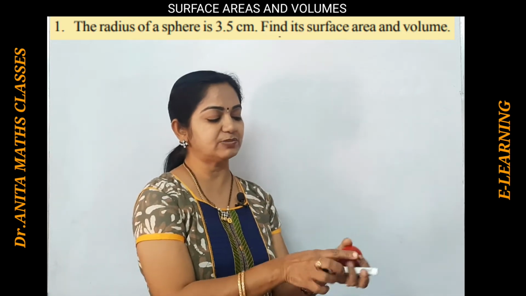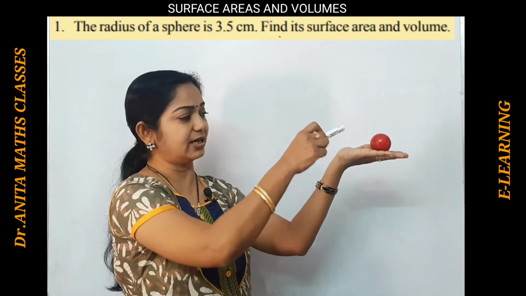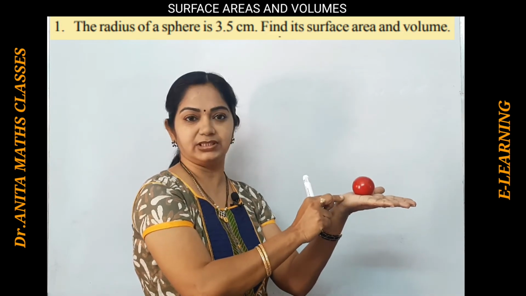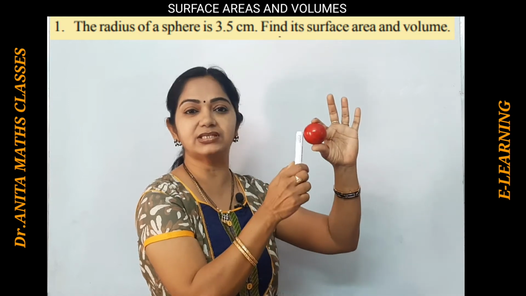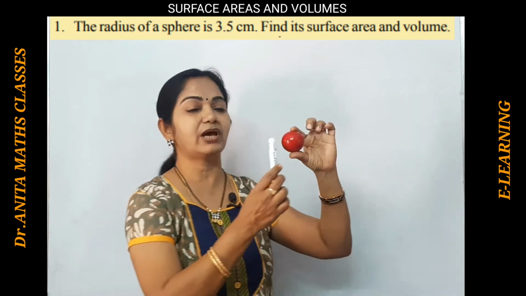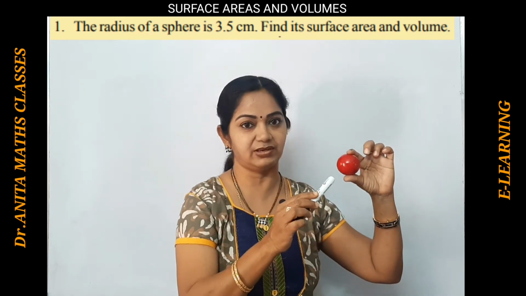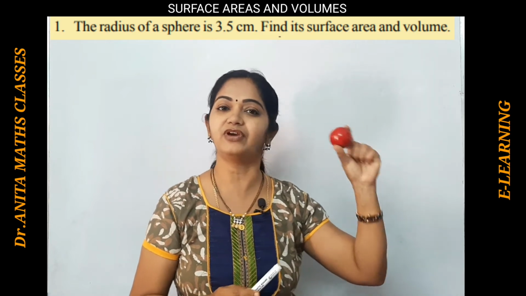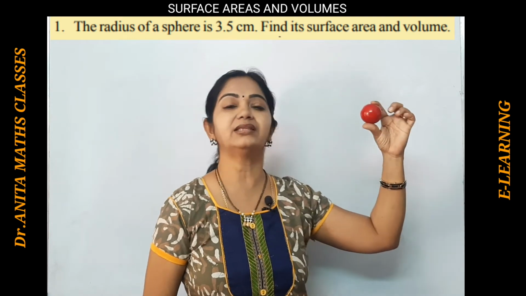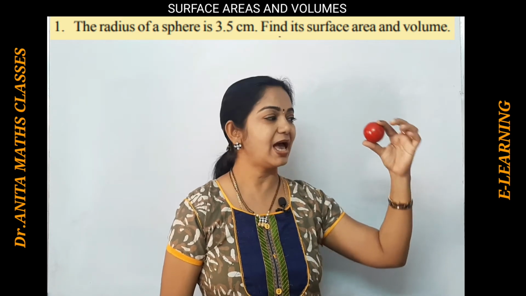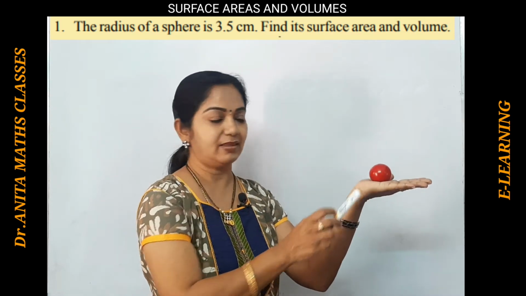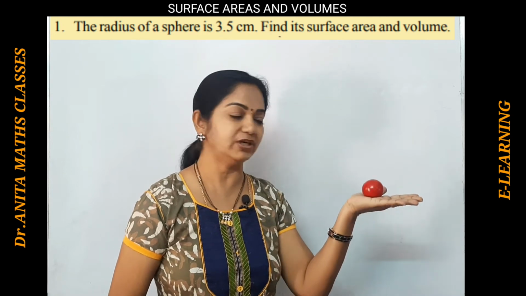So this is a model of a sphere. This sphere is round in shape, so it will be touching the ground at one single point, and it doesn't have any lateral faces. So we only have one surface area. We don't have a lateral surface area and total surface area in particular, because it has no lateral faces. It is all curved in shape, round in shape, isn't it? So we calculate the surface area of the sphere as well as how much wood. This is a wooden sphere.